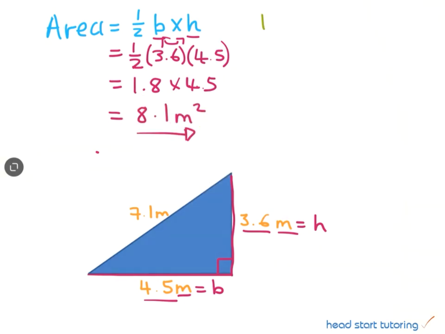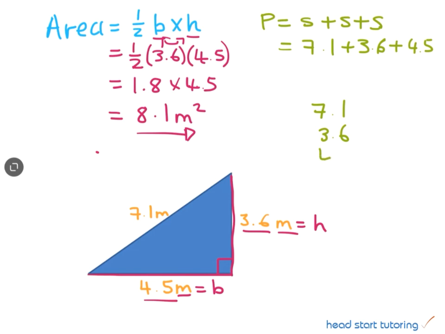Right, so let's have a look at the perimeter of this triangle. The perimeter of any triangle is equal to side plus side plus side. So we just need to plug all our dimensions in. So we've got 7.1 plus 3.6 plus 4.5. So we do that on the side. We've got 7.1, 3.6, 4.5. We add those together and we end up with